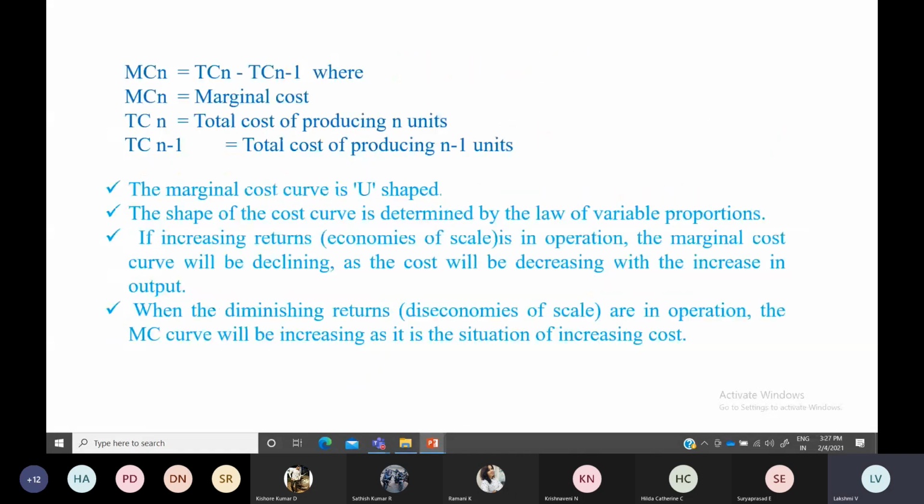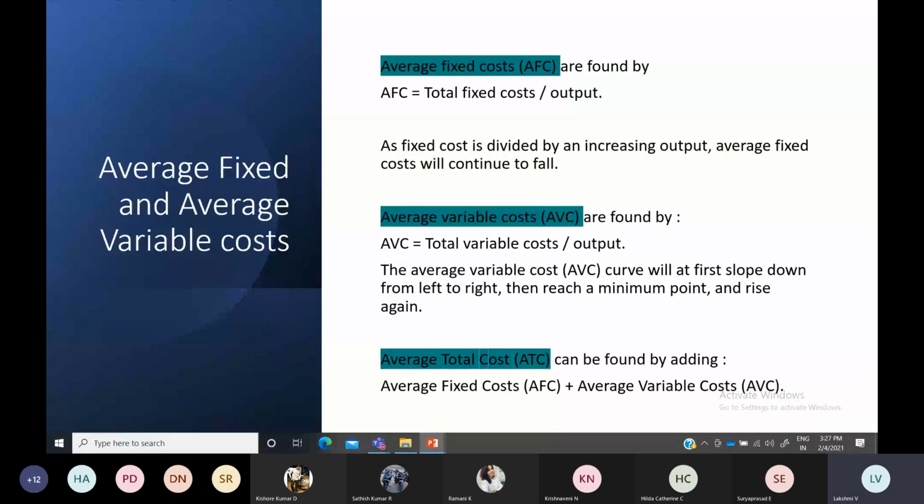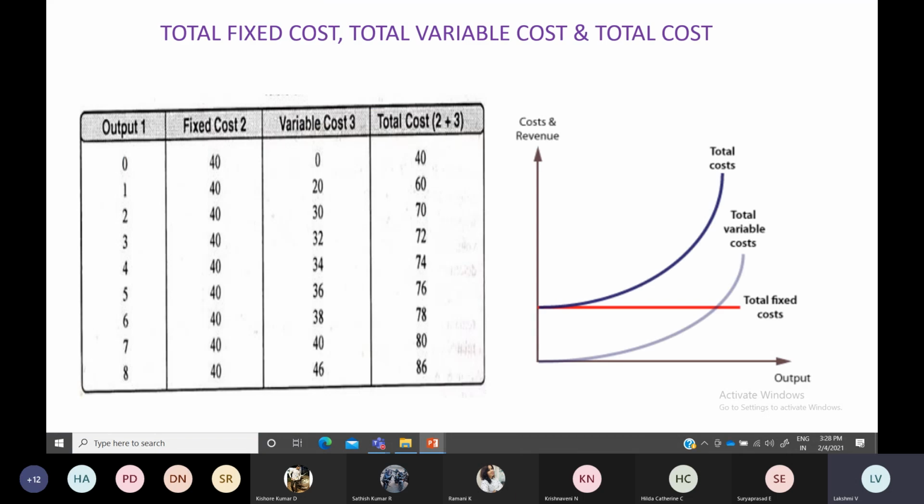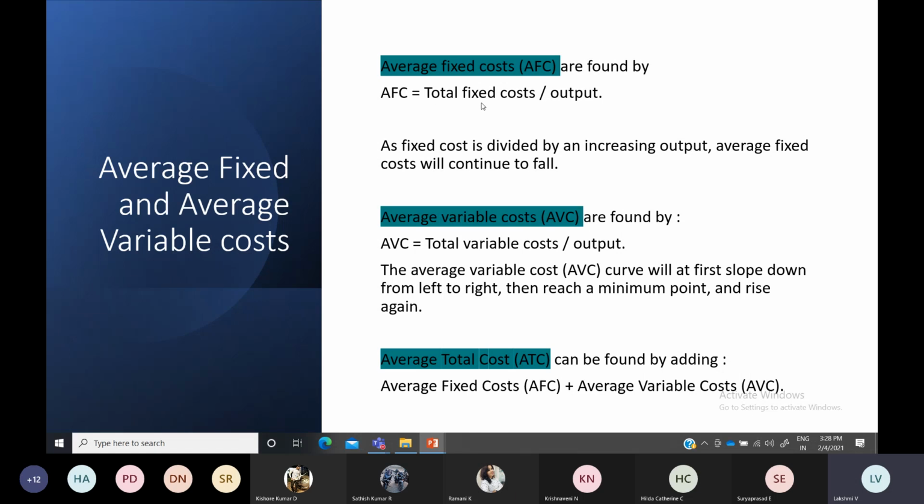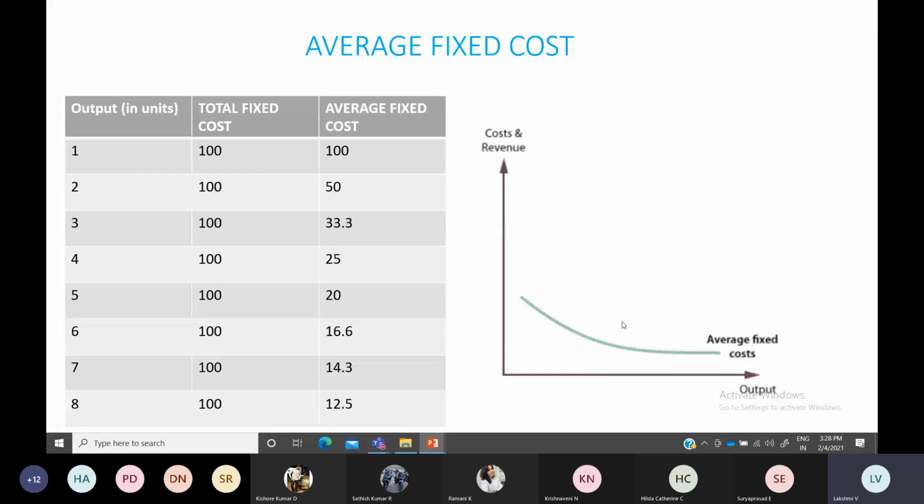So far we discussed what is meant by fixed cost, what is meant by variable cost, what is meant by total cost. Both put together only we call total cost. And then what is meant by average fixed cost, how the curve will be. For each and everything we discussed. Total cost, how the curve will be, total fixed cost and total variable cost, how the curve and lines will be, we have discussed. And we moved to average fixed cost, how we obtain it by formula we have discussed, and how the curve will be also discussed.